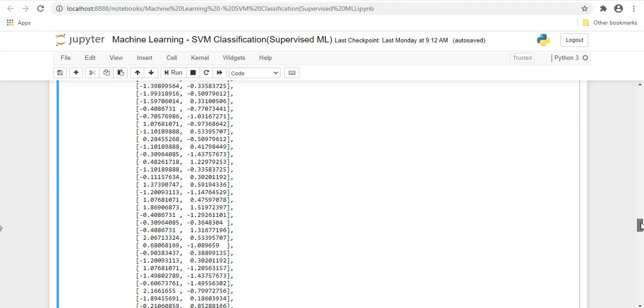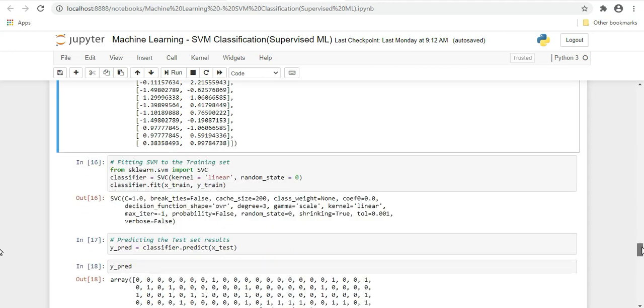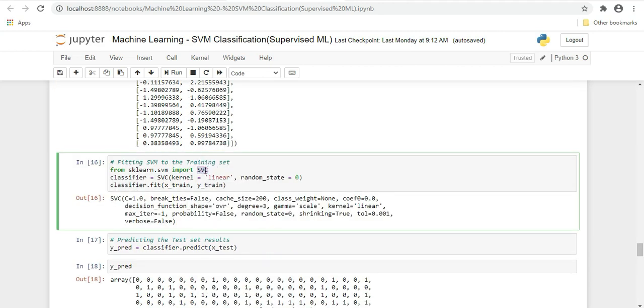Now we will apply the support vector classifier. Again we will import it from sklearn.svm, import SVC. This is the parameter: SVC, kernel linear, random state equal to 0. We will store it into this classifier.